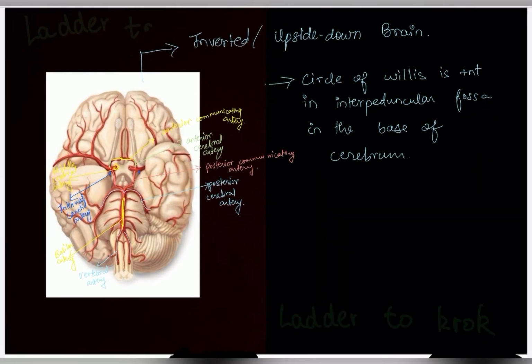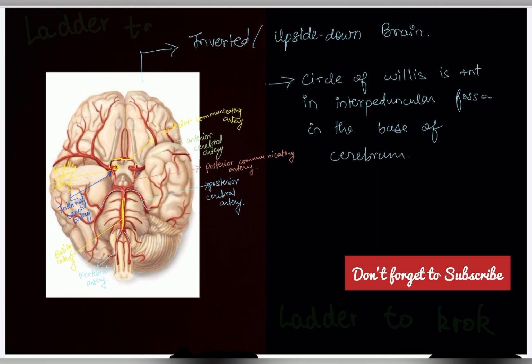I hope you are understanding it. That 2 vertebral arteries come together to form the basilar artery. Basilar artery will give a posterior cerebral artery. The internal carotid artery comes and gives off 3 branches: anterior cerebral artery, middle cerebral artery, and the posterior communicating artery. The posterior communicating artery will then join the posterior cerebral artery with the internal carotid artery. The first branch which the internal carotid artery gave towards the anterior side is known as anterior cerebral artery. This anterior cerebral artery will give off a branch, that is anterior communicating artery. This is how the circle of Willis is formed.